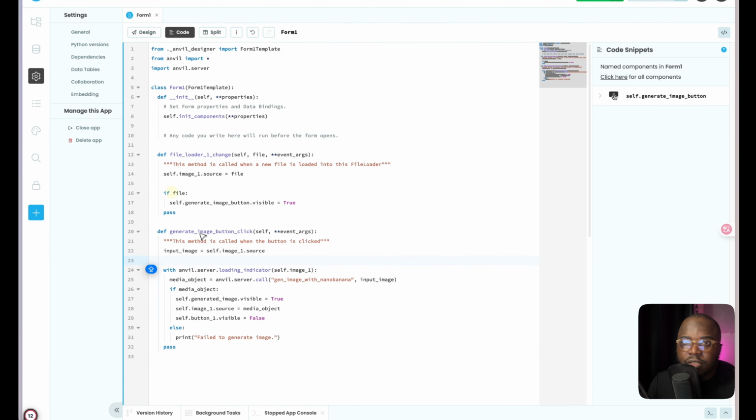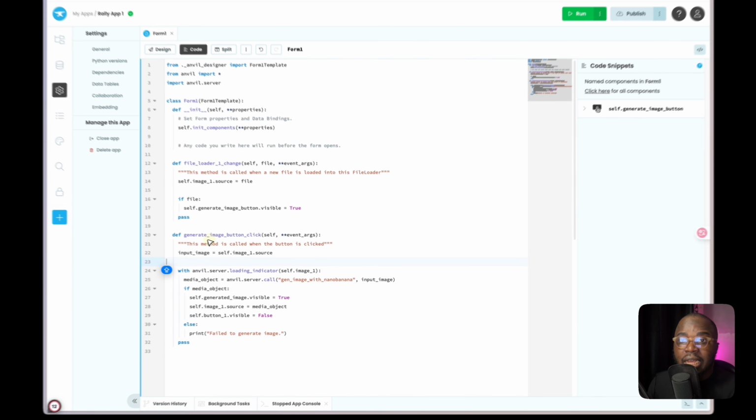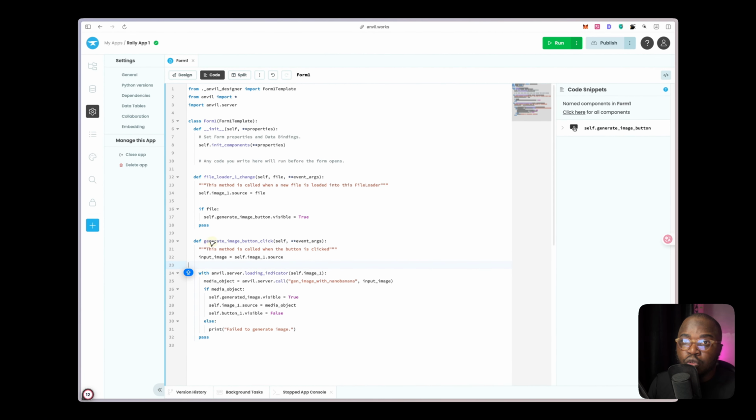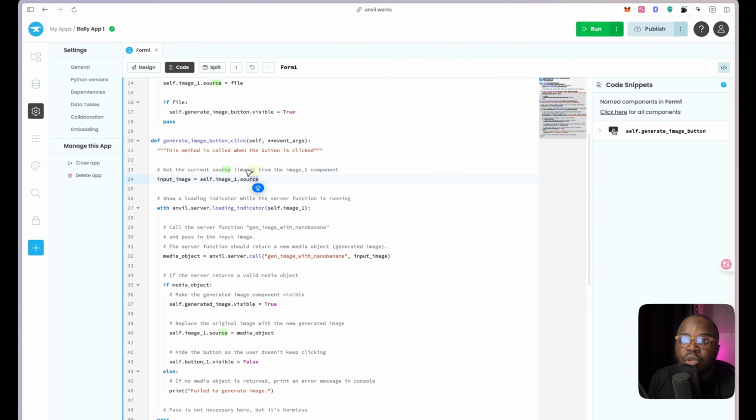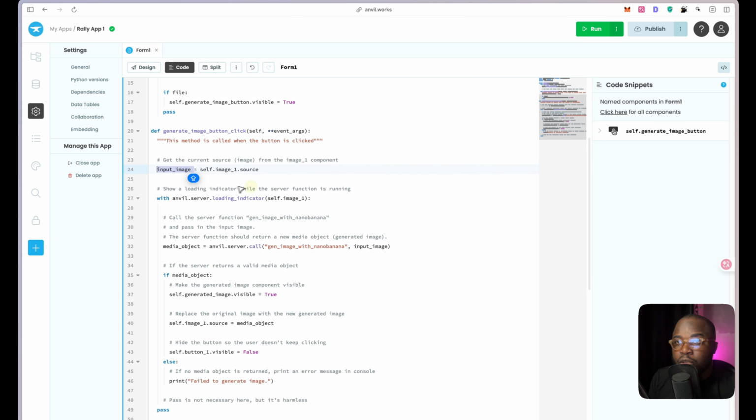All right, so I just pasted the code that does exactly what we want to do, which is when we click the generate image button, on click, we want to do a number of things. So the first thing is we want to get the current source image from the image one component. So what image was uploaded, we're going to put that in this variable. Next thing is we want to show a loading indicator when the server function is running. So this is the way to do that in Anvil,